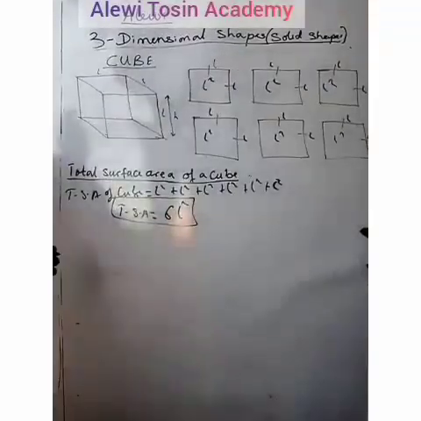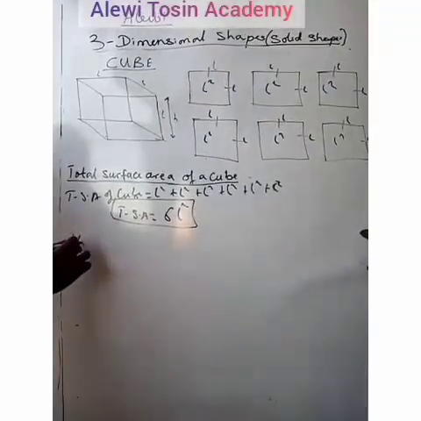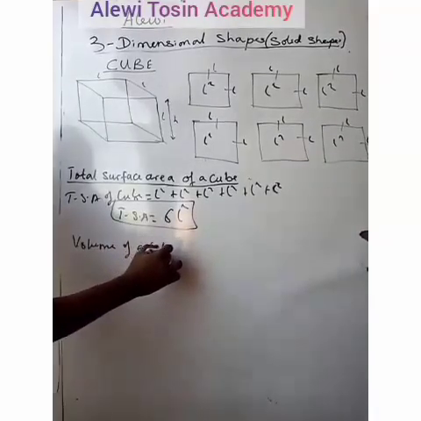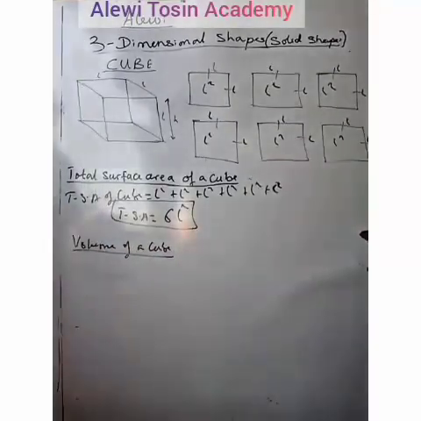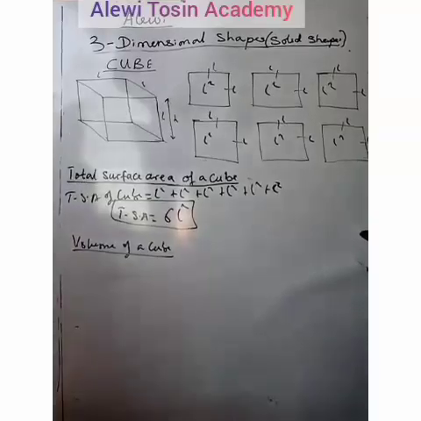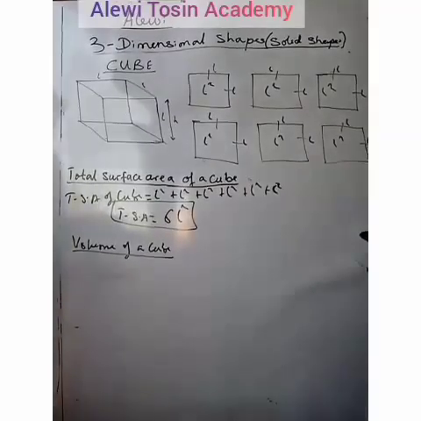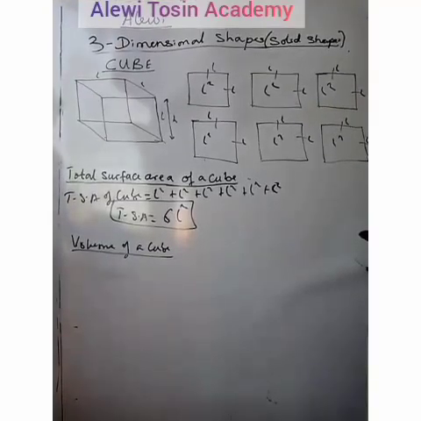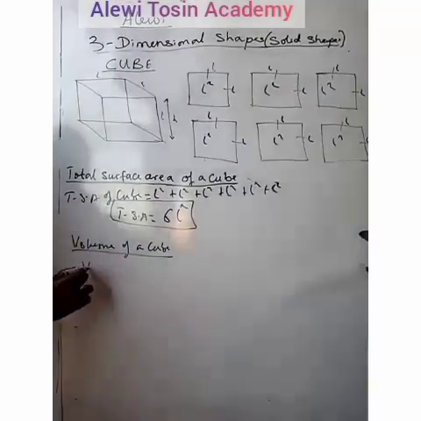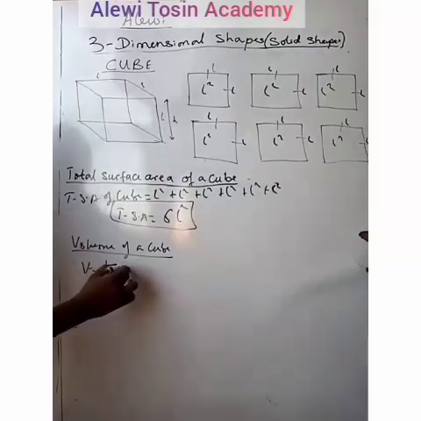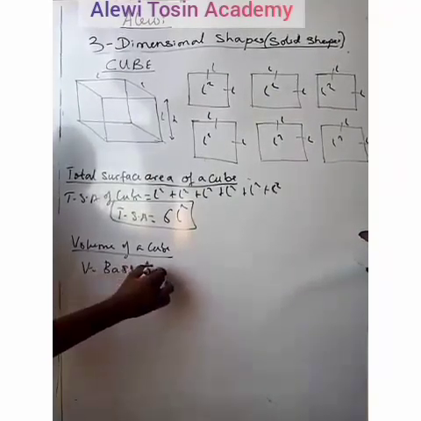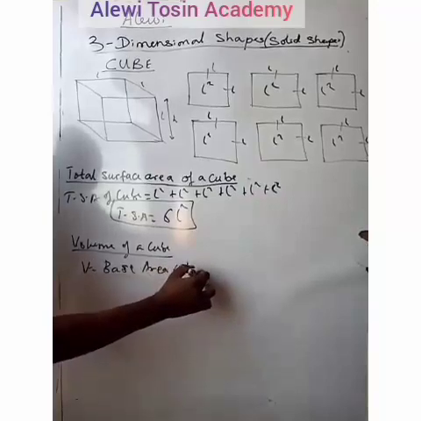Now let's take the volume of a cube. The volume of all solid shapes is always derived from the formula base area times height. Base area times height. Volume is what? Base area times perpendicular height